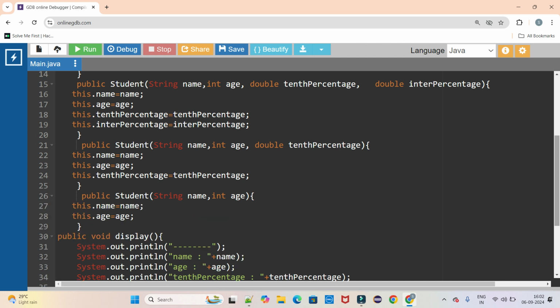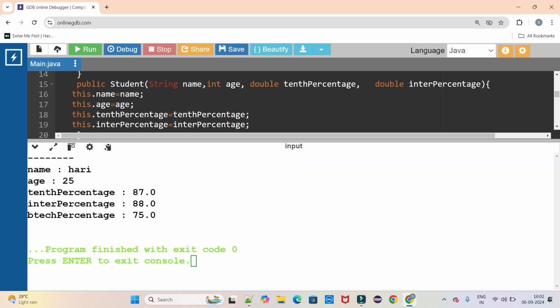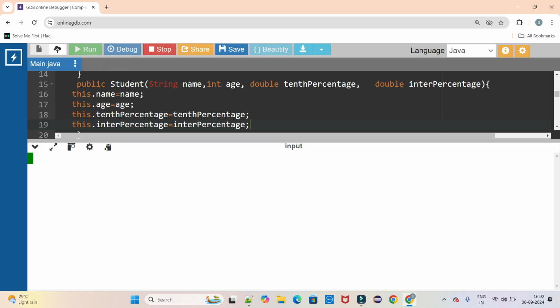Okay, so let me show you that output. The name I called Hari, age 25, 10th 87. Every detail I have provided is printed. Now if I run it again,